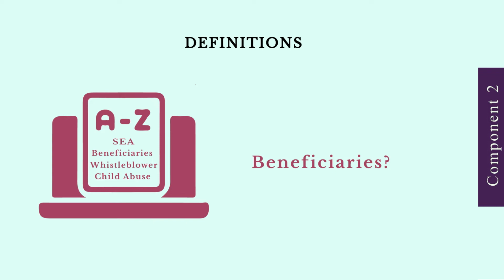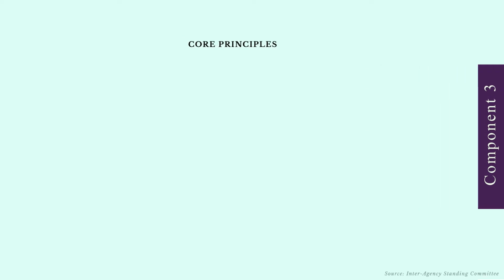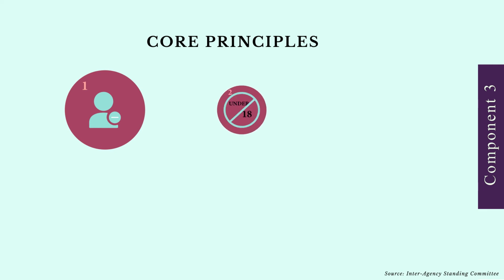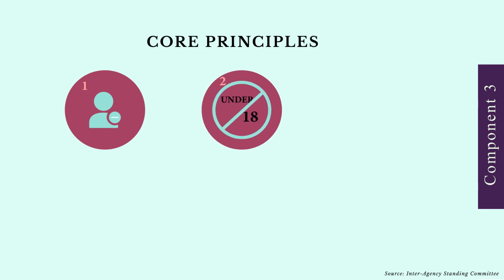organization, as it may vary from one organization to another. The third part of the policy shall include the 6 core principles of SEA that need to be followed by humanitarian or aid organizations. The policy shall be based on those principles. Those principles include: sexual exploitation and abuse by humanitarian workers constitute acts of gross misconduct and are therefore grounds for termination of employment. Sexual activity with children, persons under the age of 18, is prohibited regardless of the age of